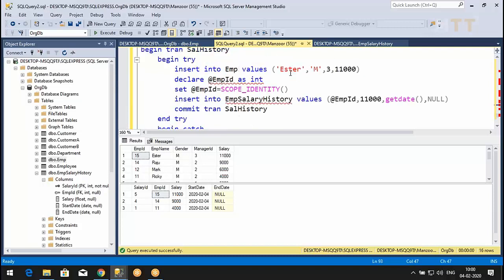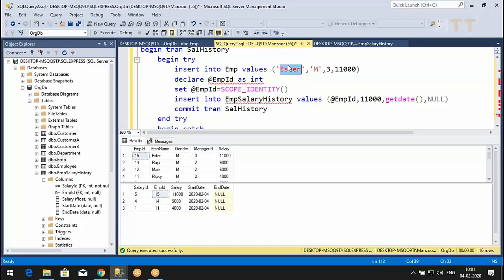For example, you inserted Easter. At the same time, some other person is also inserting some value, right? So for you, scope identity value is 15. For them, it is 16. So you will not get 16 and they will not get 15. Are you getting my point? At the same time, multiple people may try to insert the record. So every person will have their own identity value. If we go for max, everybody will get the latest identity value, that is 100, by the time they insert the second record. Are you getting the thing?